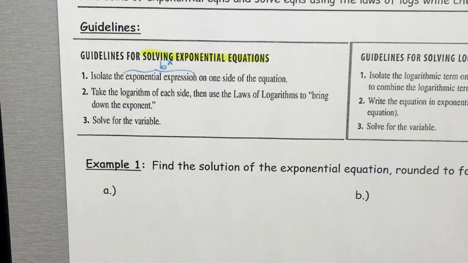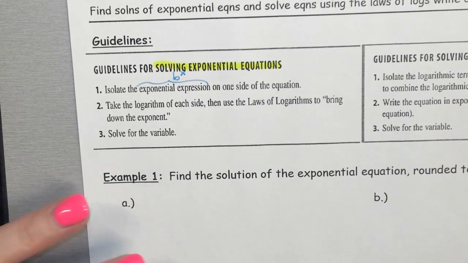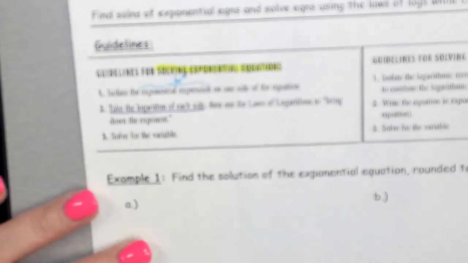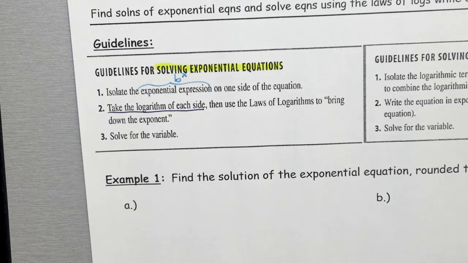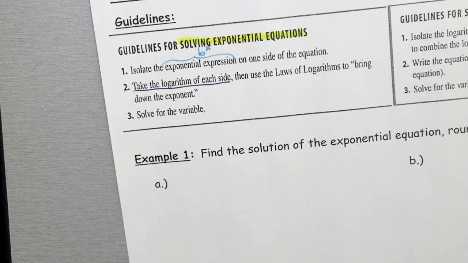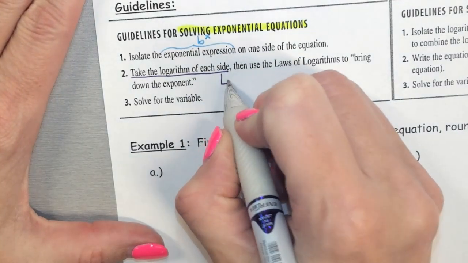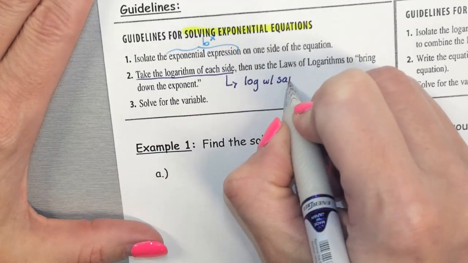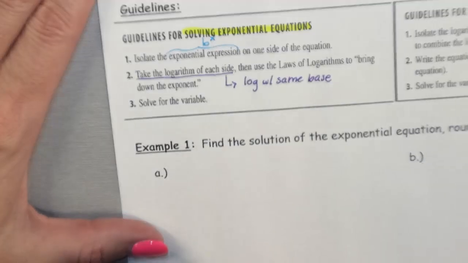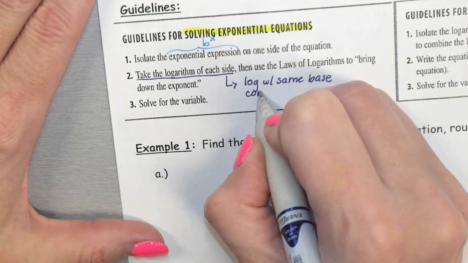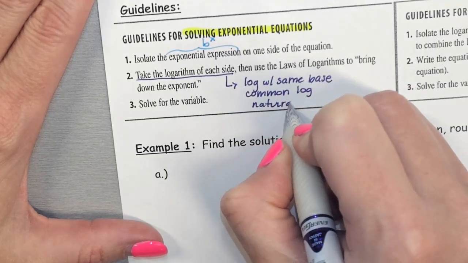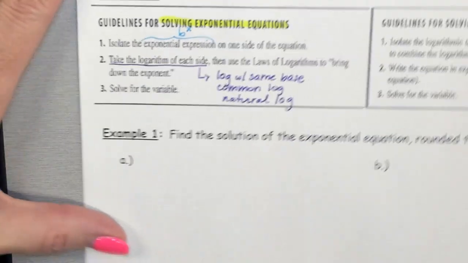Okay, and then you are going to take the log of each side. When you are taking the log of each side, we use that power law to bring down the exponent so that we can solve for the variable. When you're taking the log of each side, you have some choices. You can take a log with the same base as the exponent. You can use the common log, which is base 10, or you can use the natural log. Okay, so we're going to look at those